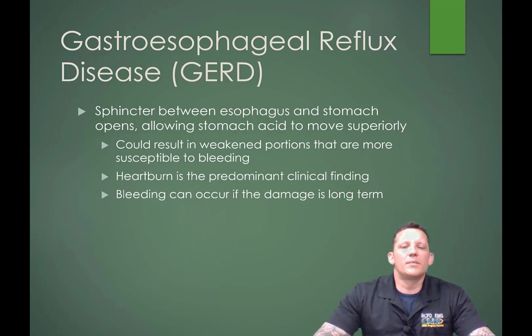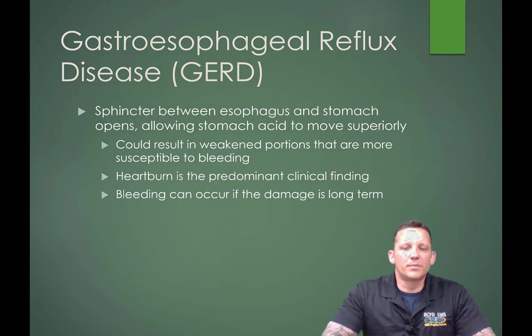While we're talking about the esophagus, we should talk about gastroesophageal reflux disease, otherwise known as GERD. This is usually caused by the sphincter between the esophagus and the stomach not having the tone that it once had, or it never actually had any tone, and it allows small amounts of stomach acid to move superior to the actual sphincter. That stomach acid, because there's no mucus lining on the esophagus, will cause corrosion and necrosis to that soft tissue in the esophagus. Ultimately, this ends up being what we call heartburn,